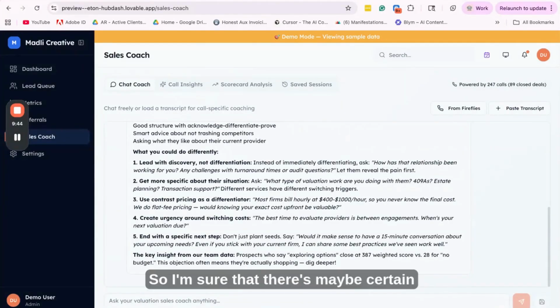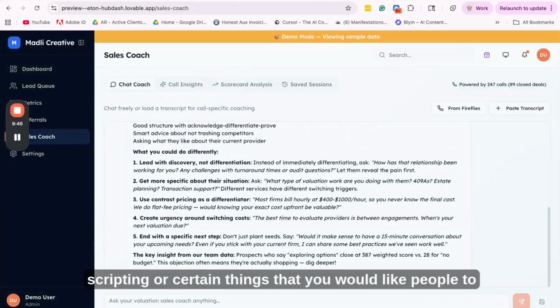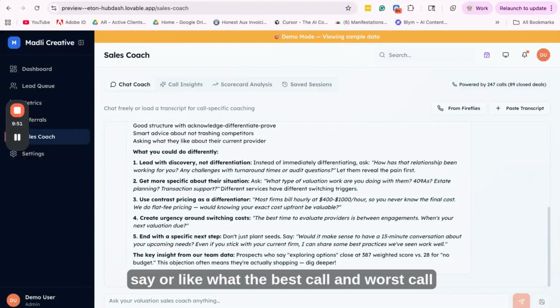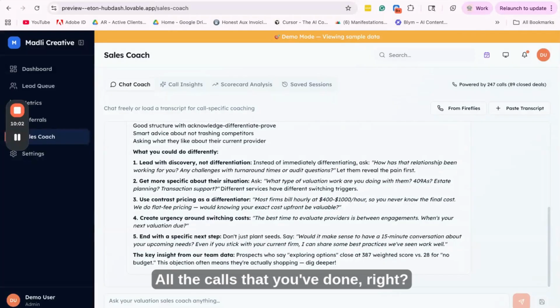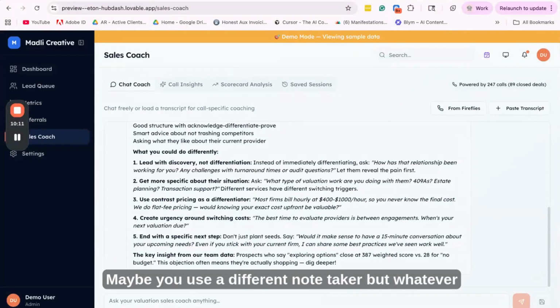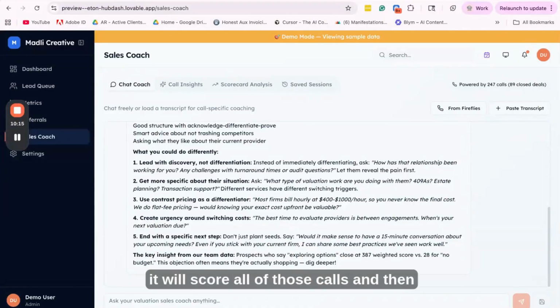So I'm sure there's certain scripting or certain things that you would like people to say, or what the best call and worst call should look like, things like that. You give the AI the parameters, and then it also pulls from all of the calls that you've done, right? So any call that you have created in the past, in this case it would be Fireflies. Maybe you use a different note taker, but whatever note taker you use,